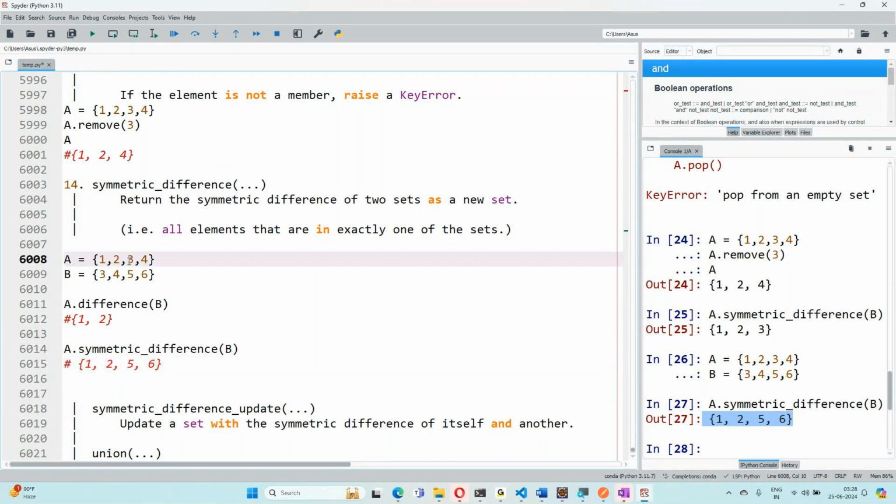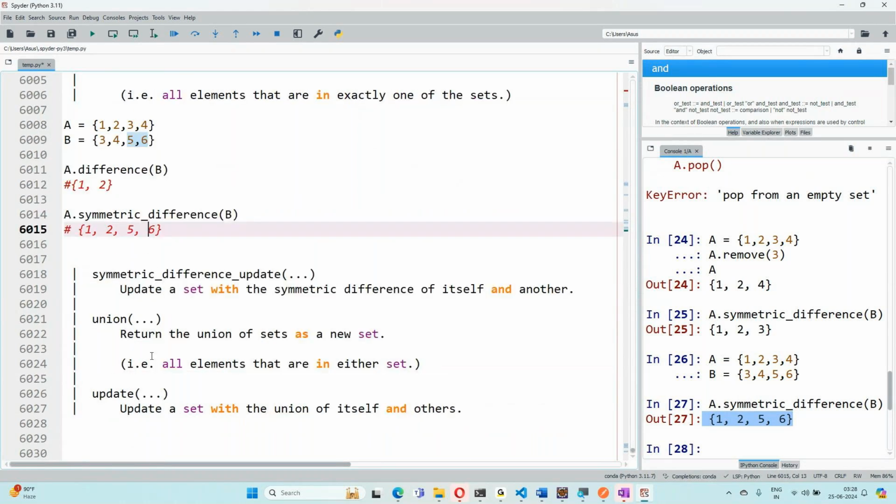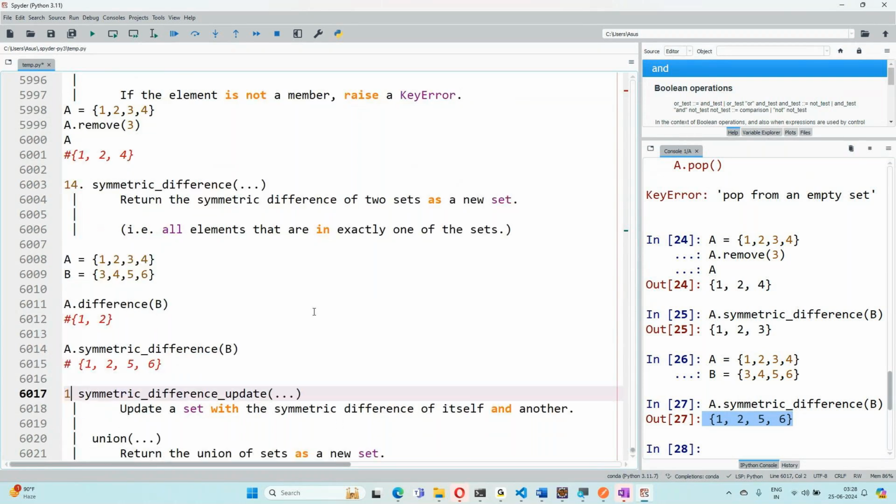So 3 and 4, the common elements, are taken away. But we are also finding the elements from set B. Set A elements and set B elements, both the elements you are getting. Okay, so in that way you are looking at the things. Then we will look at